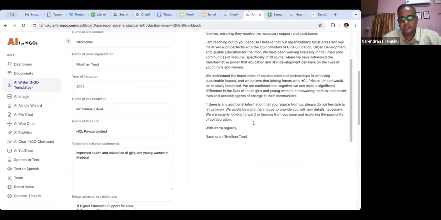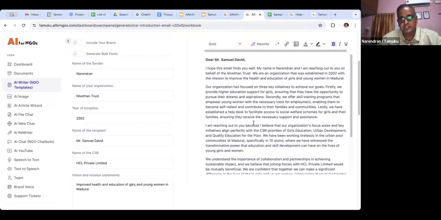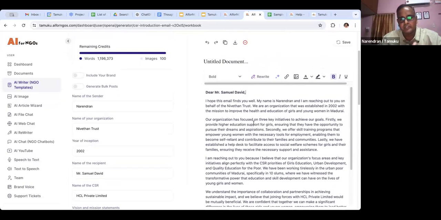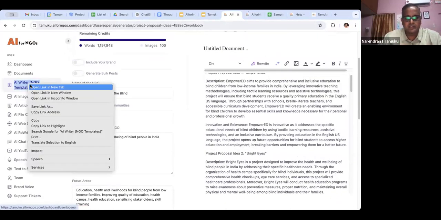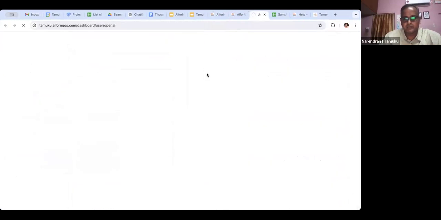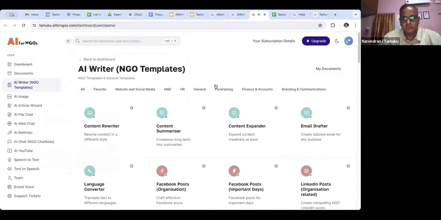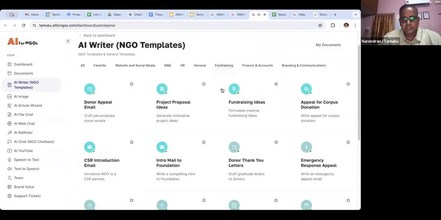So every time it is personalized content, and there is no need to copy paste again and again to send to various CSR people. So this saves you a lot of time, right? So this is one use case actually which we have under fundraising. The other important thing, which any of you volunteer to write a concept note here for any organization,